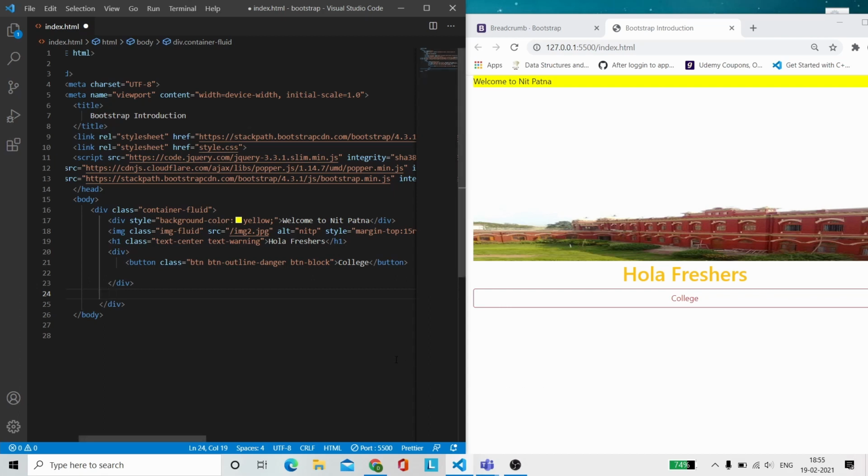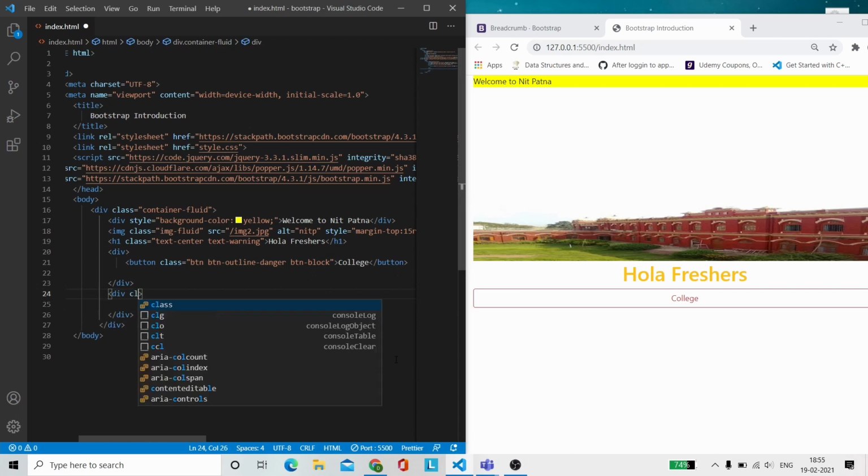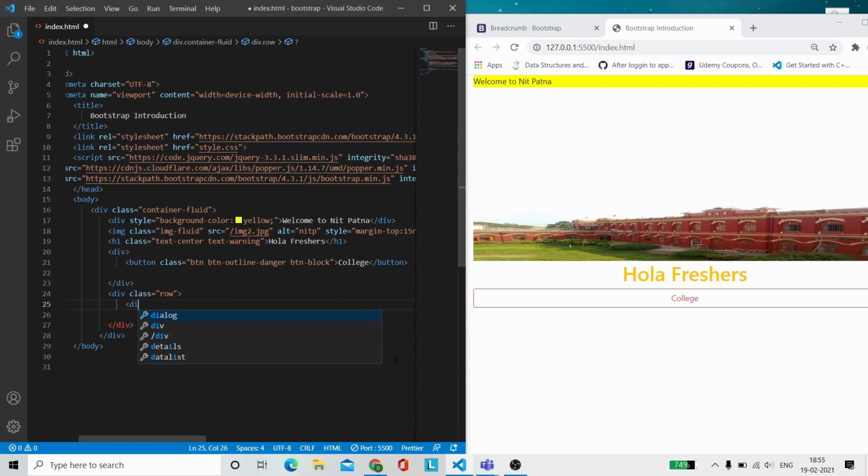In order to do that, we have to include the class row. In that row, if I want a card, I take another div and give it a class of col-md-4.